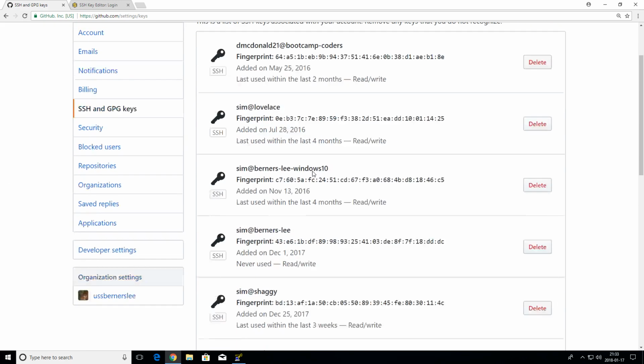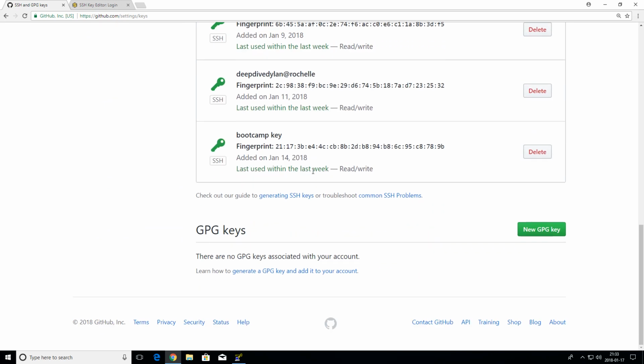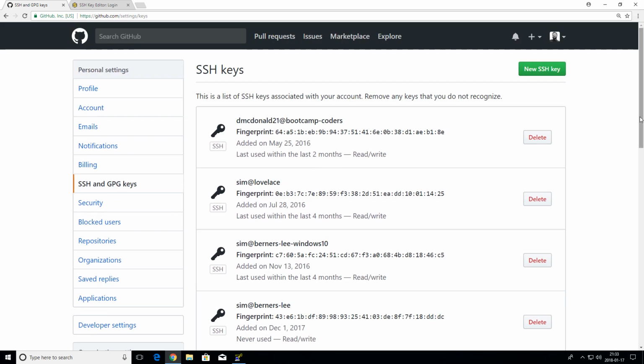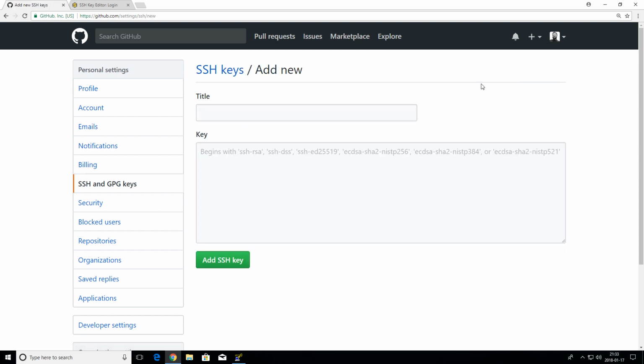I have a lot of SSH keys here, but that's okay. You probably won't have any, but it's the same process. I just click on new SSH key, give it a title. Bootcamp key is good for me. Come back to